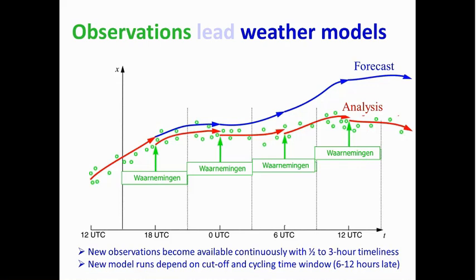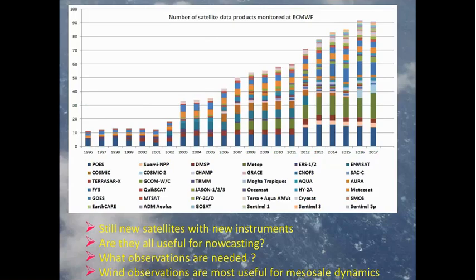Well, there are a lot of new observations. Here you see the progress over the years from 1996 to 2017 in the number of instruments that have been used at ECMWF. And if an instrument is used, the requirement is that it has a beneficial effect in the ECMWF forecasting system. So all these instruments have beneficial impact. That would mean that as a forecaster, you also could look at all these instruments to look for beneficial effects on your advisories. But that may be a bit difficult, to look at all these different instruments.